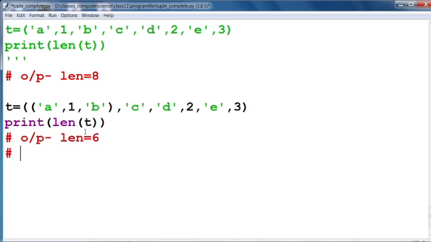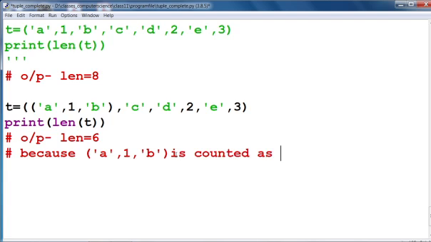Because the tuple a1b is counted as a single element.